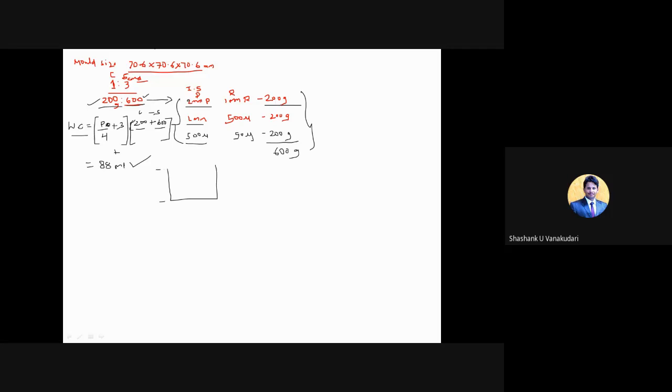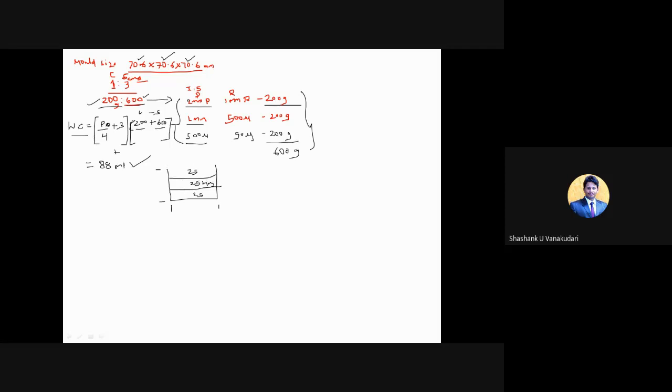The mold size is 70 by 70 by 70. Clear? Within this particular mold, you need to place the cement and sand paste in 3 layers. Each layer is tamped 25 times, using a tamping rod with a dimension of 16 mm diameter and 600 mm length. By using that, you go with the 25 times of tamping.